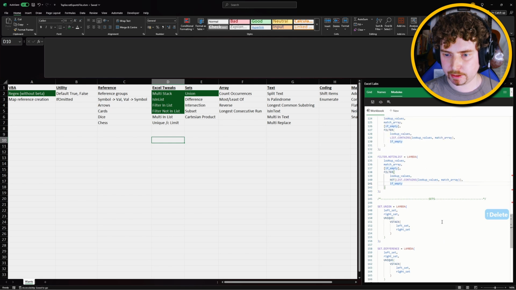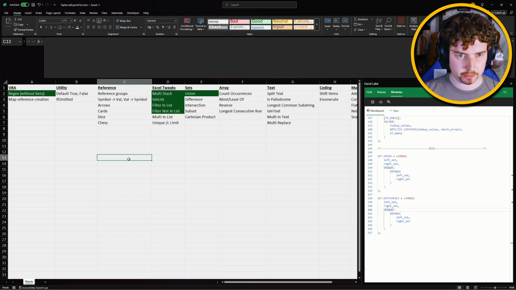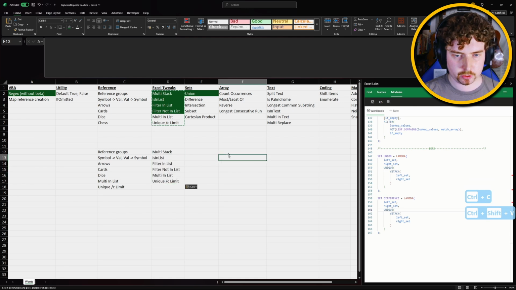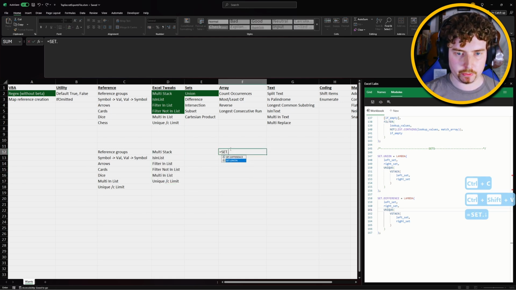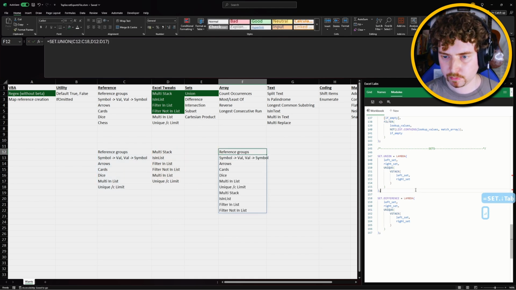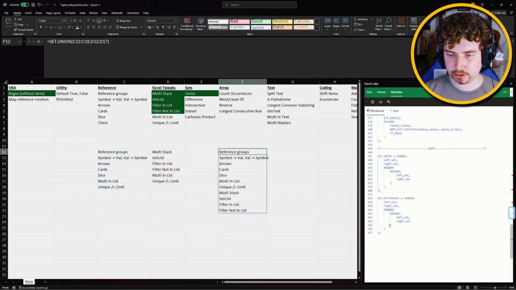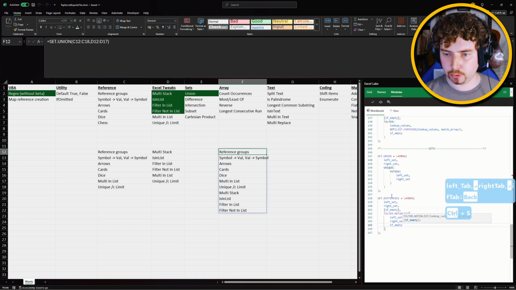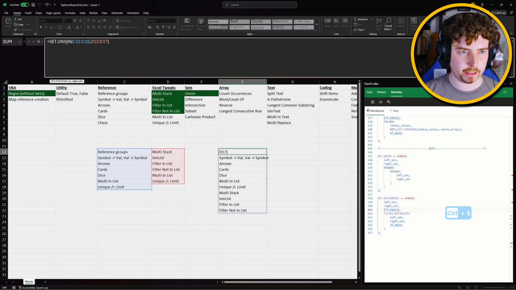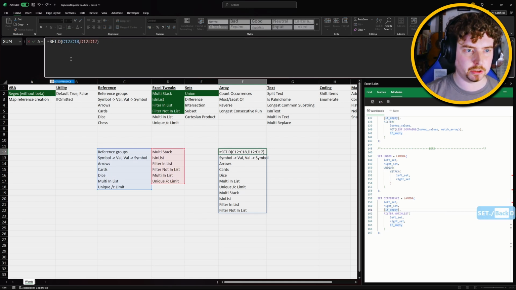Why was I doing that? It's because I wanted to do set difference. So I'm just going to create a little set here that's a bit of a mix and match. Cool. So set.union is going to be the unique combination of those. And set difference is going to be filter. Cool. So that is literally just doing the exact same thing, but I'm going to keep it, I think, because I like the completionist